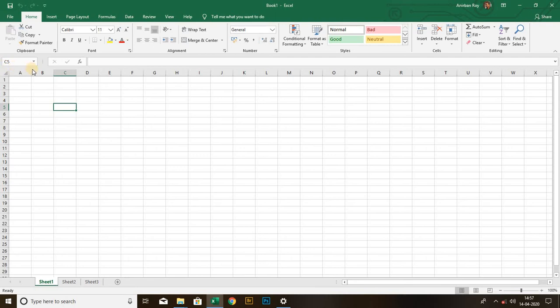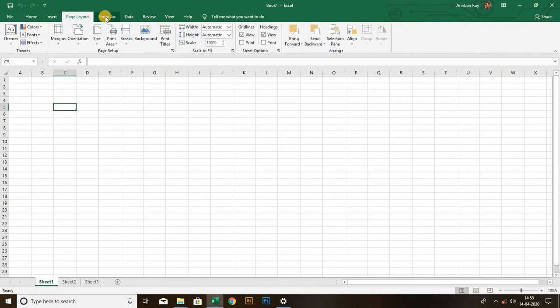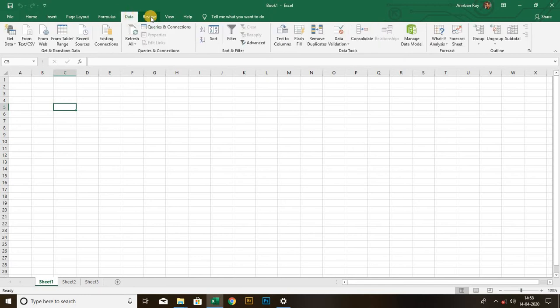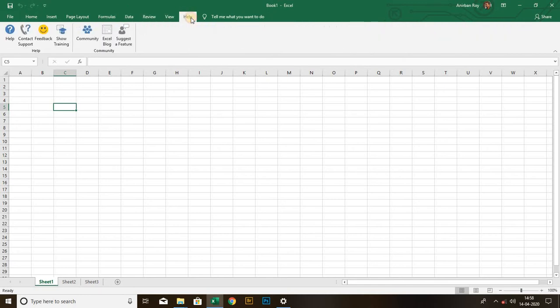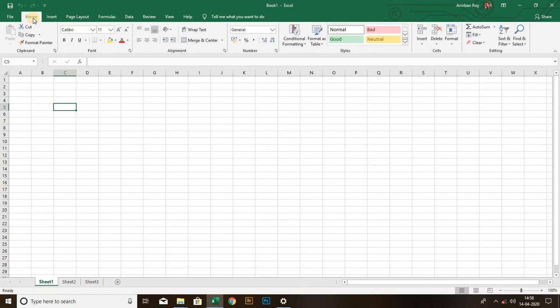Now going back to the tabs. Let's start with the tabs. By default we get these tabs over here: Home, Insert, Page Layout, Formulas, Data, Review, View, and Help.